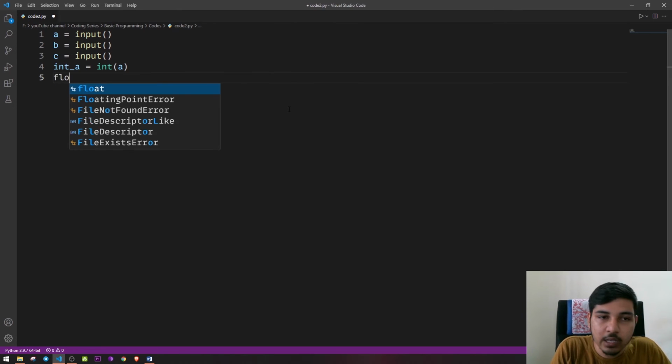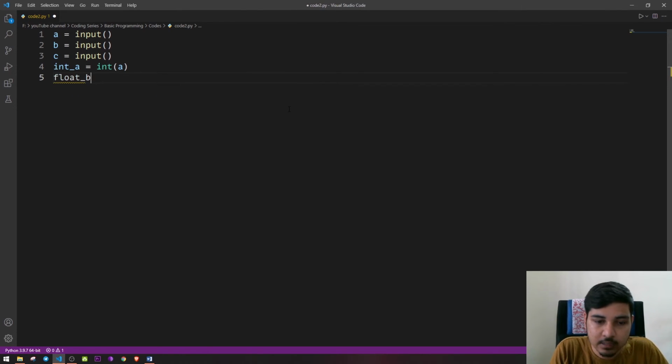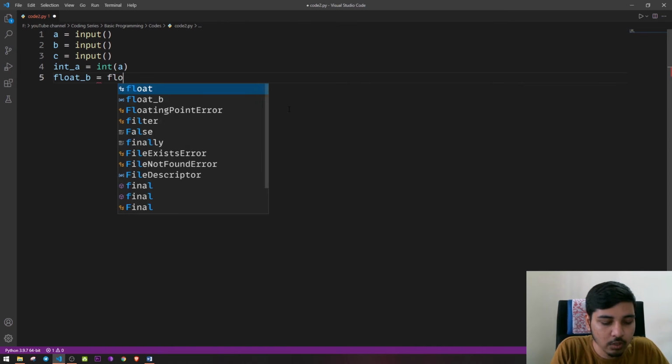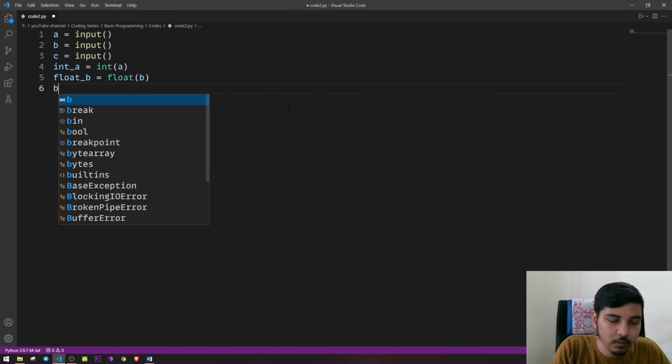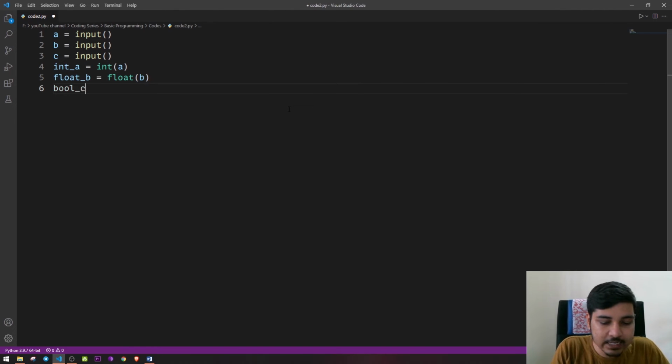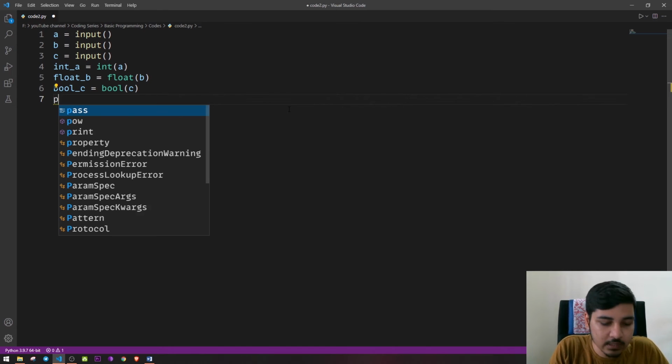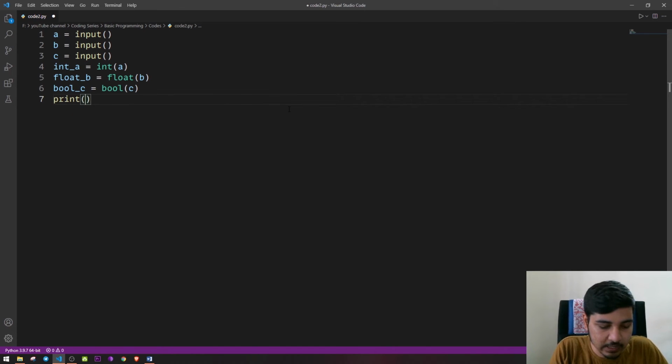And float b is equal to float of b, and bool c is equal to bool of c. Now we have converted a, b, c to their respective data types and stored them in variables int a, float b, bool c. So let's just print how the output should be printed.